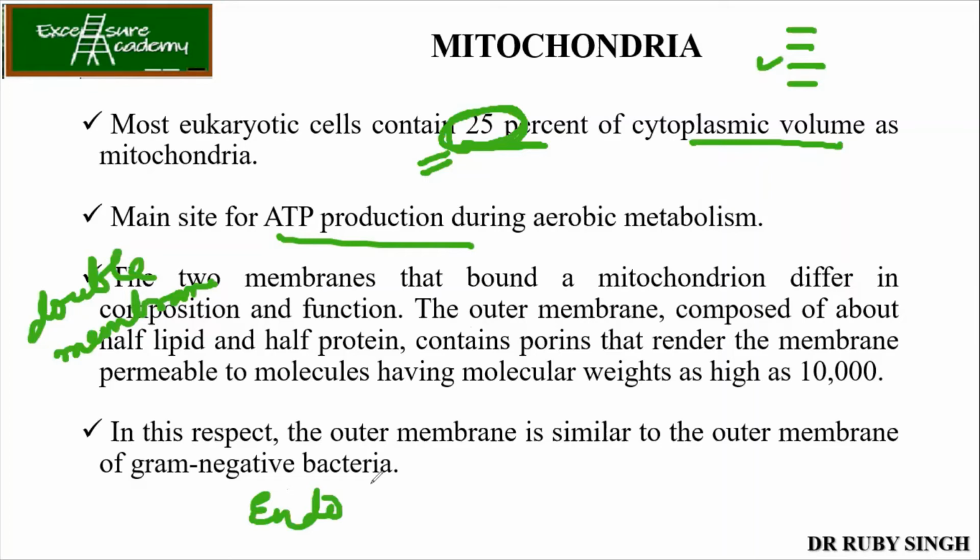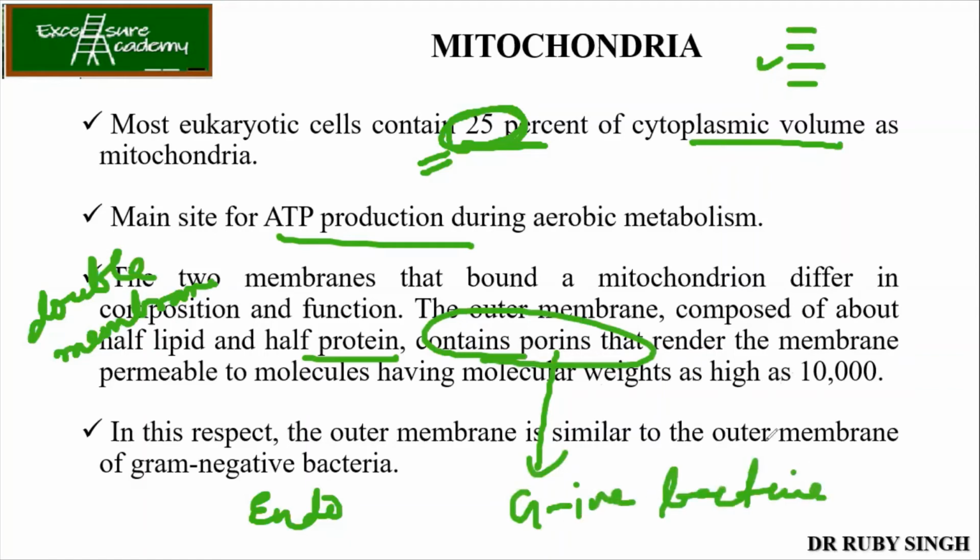Now, the outer and inner membranes of mitochondria have different expression of proteins. When we observe the outer membrane of the mitochondria, it was found that it is made up of lipids and proteins, and mainly it contains porins. Remember the porins we studied in gram-negative bacteria? They help in removing waste products from their system, like drugs sometimes. And porins are exceptions in that they are made up of beta sheets instead of alpha helices.